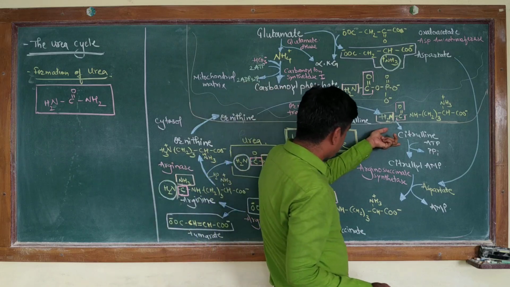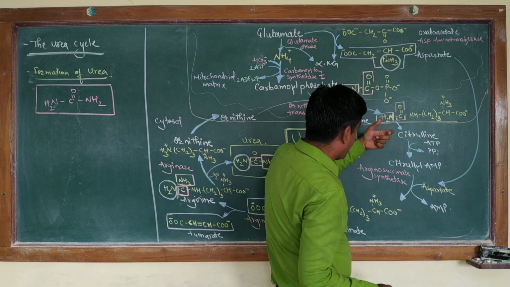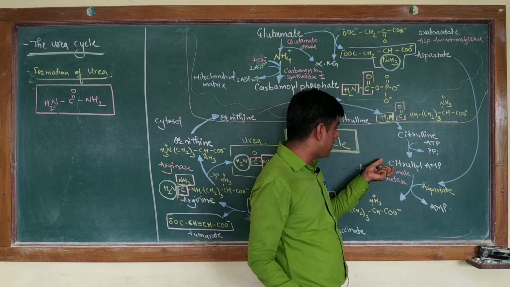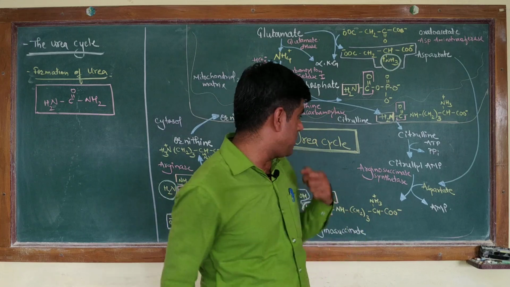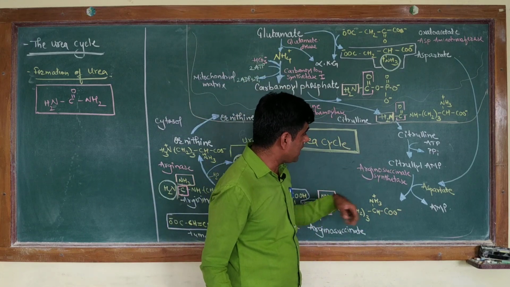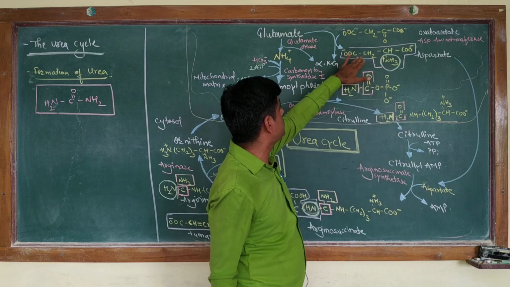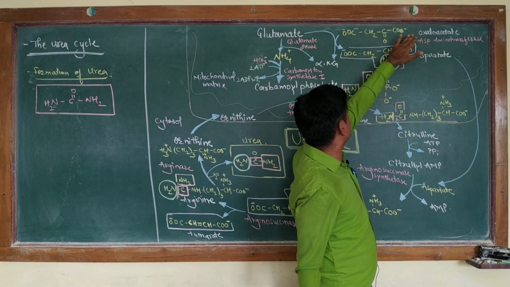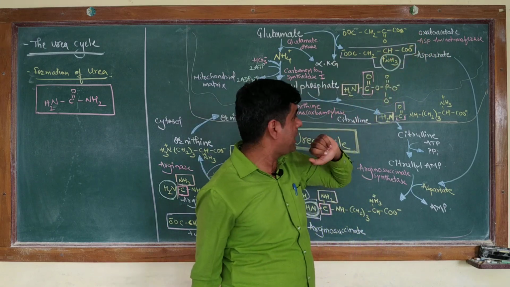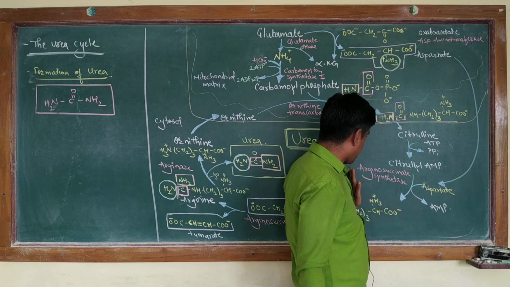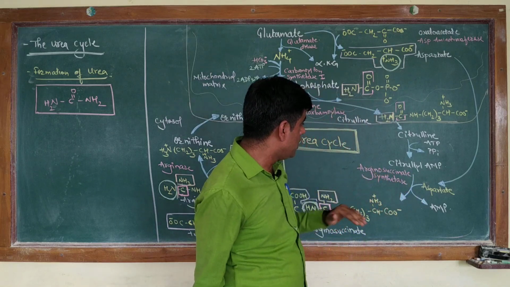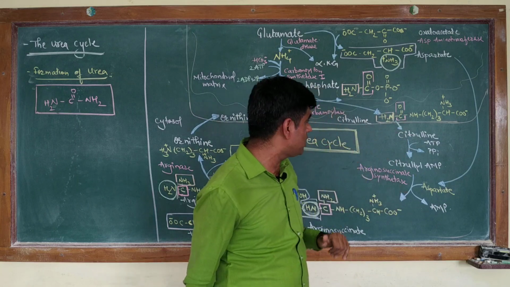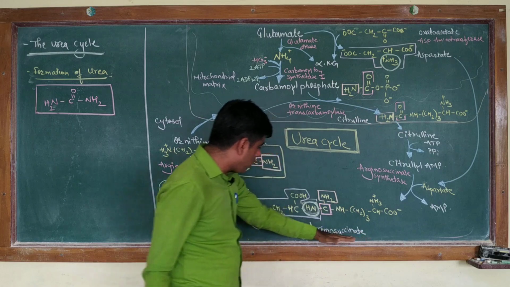So this particular citrulline is now added with the adenyl group, with your AMP. So there is a formation of an intermediate, that is citrulyl AMP. This citrulyl AMP then combines with the aspartate, which you have got from this transamination reaction here by aspartate aminotransferase. So here your oxaloacetate is aminated to form your aspartate. This aspartate combines here with arginosuccinate synthetase. So this arginosuccinate synthetase catalyzes this two-step reaction of converting your citrulline into your arginosuccinate.